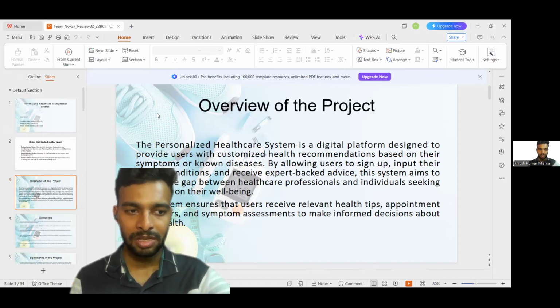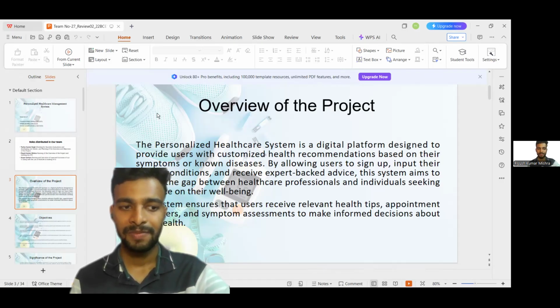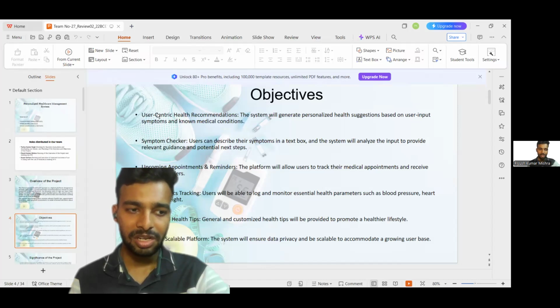Through an accessible interface, it serves patients managing chronic illness, fitness conscious individuals, and those looking for basic wellness advice. The objective of this project is to build a responsive digital interface accessible via web and mobile, generate health suggestions tailored to individual symptoms, lifestyle habits, and medical histories, offer an intuitive symptom checker to encourage self-assessment, integrate appointment tracking and reminders, monitor user health data trends, and notify deviations from healthy ranges, ensure privacy, security,